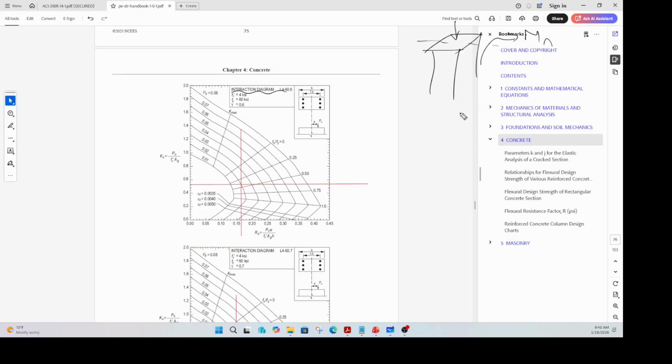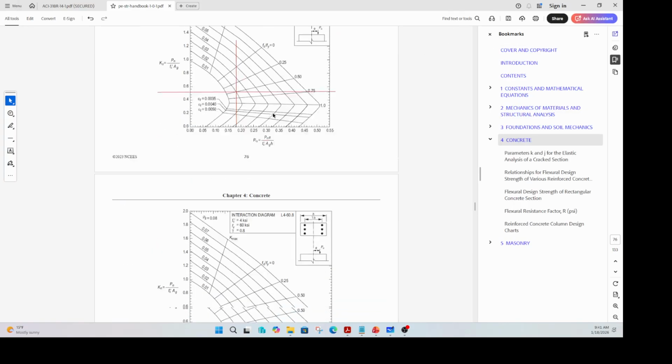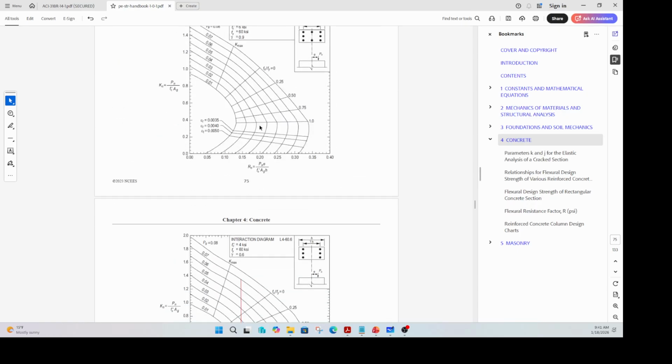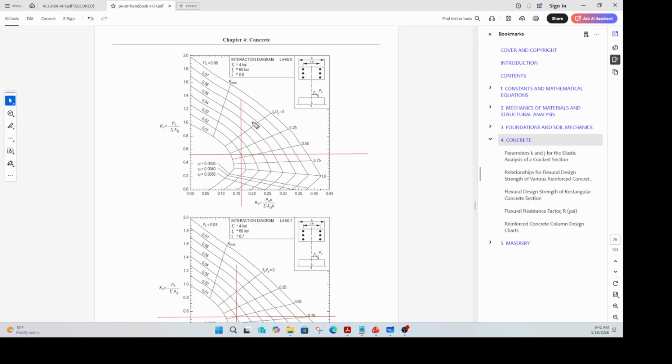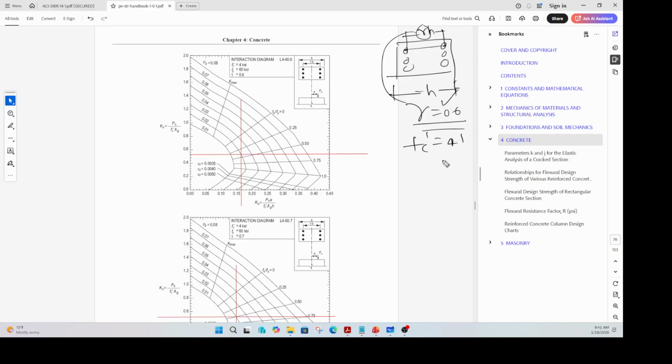Okay, so based on the configuration of your column, you will have to pick up the right curve. There are a bunch of curves like this in the handbook, right? So how do you pick up the curve? You have to look at the column and find out something called the gamma value based on the h. So that is h, but from the center to the center of the reinforcement is called gamma times h, right? So if you know h and you know this distance here, then you can find out your gamma. Let's say the gamma is 0.6, okay, and your fc prime in the problem statement is 4000,